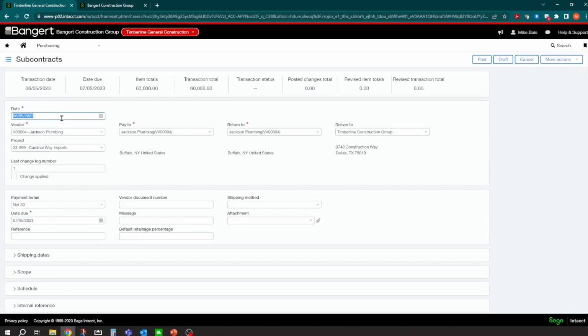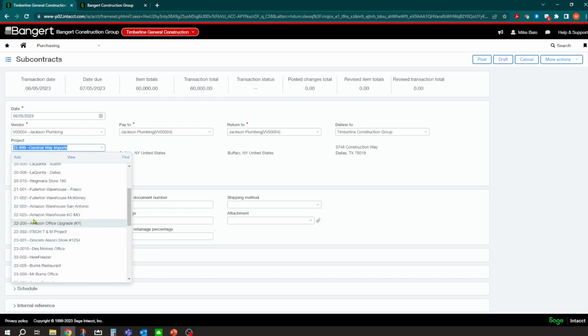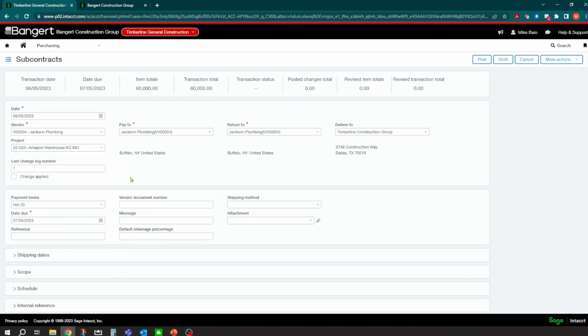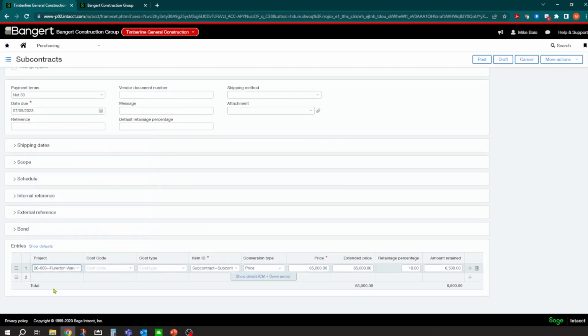So this is huge if you have a lot of subcontract agreements that are similar. You're doing the same cost codes, just the jobs changing, maybe you have the same scopes, things like that. You can use this to pre-fill all this information in and then come into here and then pick your project. So this is the project it's for, and then it's going to be not this project, it's going to be this project here, and fill all that information to help you guys with some setup.